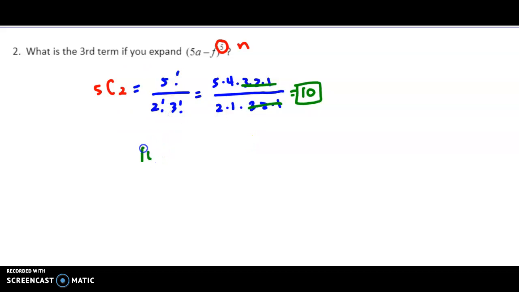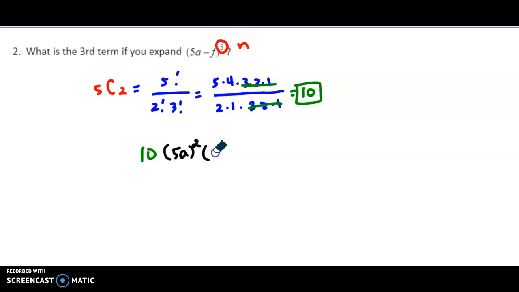So that's going to be 10, all right? Then we know that for 5a, what is this exponent going to be? If it's the third term, and if we start off with 5, then it's going to be 5 minus 3, which is 2. So that's going to be 5a to the second power,